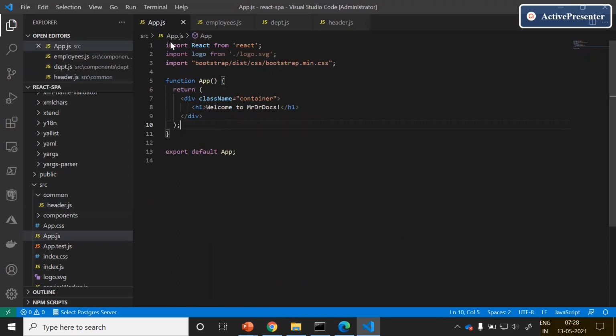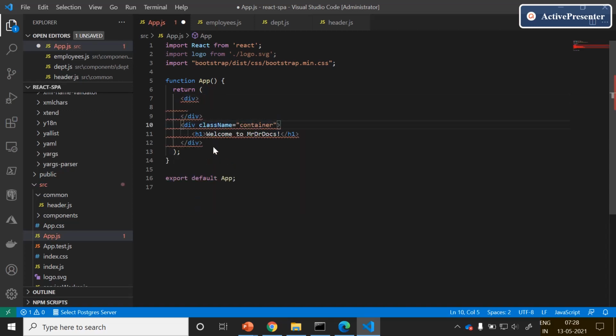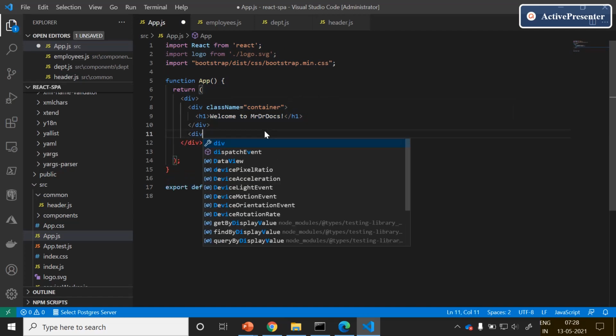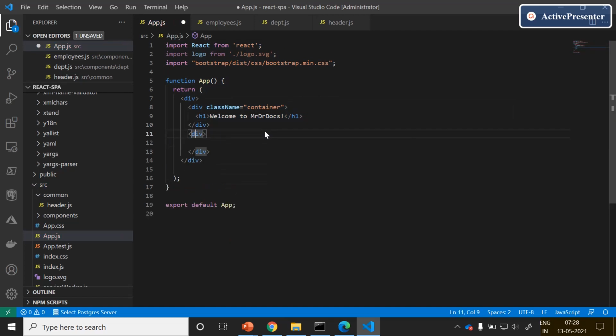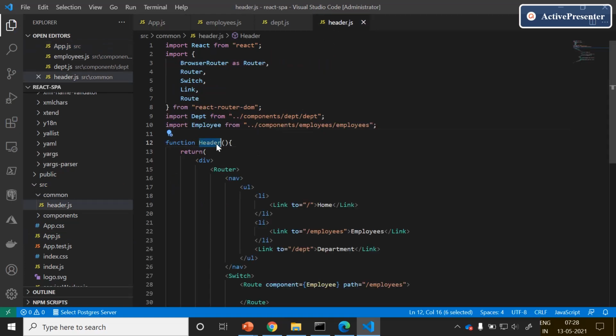What we will do, just navigate back to app.js, and I would like to have a div which contains two containers. Just format it with the help of Ctrl+KF. One container to welcome to Mr. Docs, the second container to show the common header. Let me go back to header.